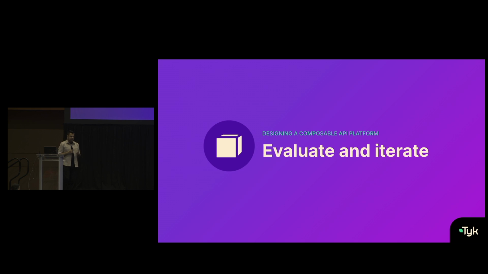The final step here is also about evaluation and iteration. So, a platform is never really complete. It's not a one and done thing. It's always iterative in nature. You always need to have open channels of communication and feedback to understand what your developers are facing. Are they adopting the platform? If yes, great. What else can we do? If not, how do we actually go about making it a little bit better? So that evaluation and iteration process is very, very key in obviously making that API platform that scales over a period of time and evolves as your organization's needs evolve as well.